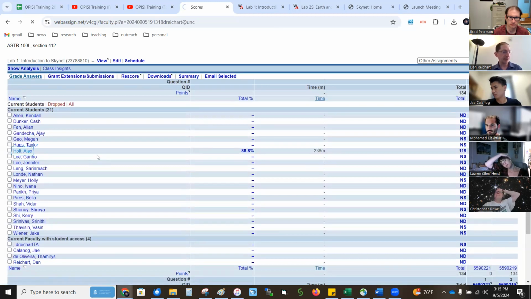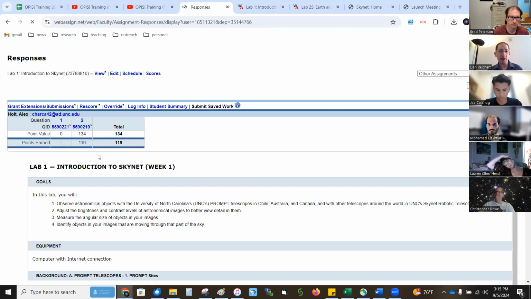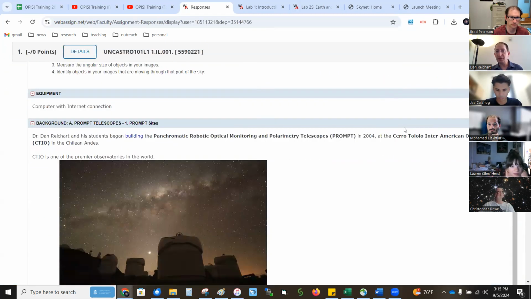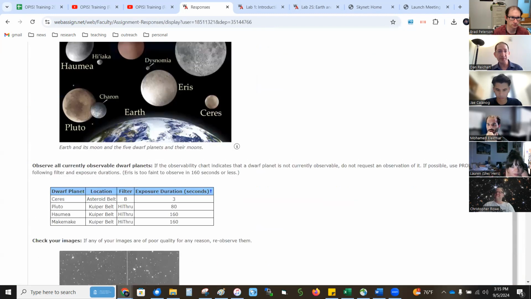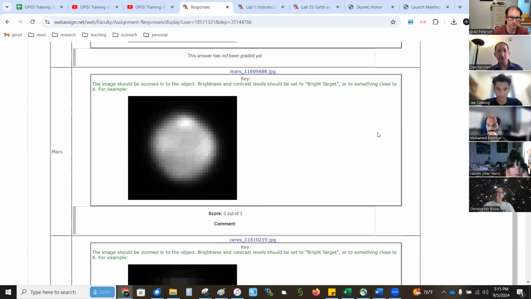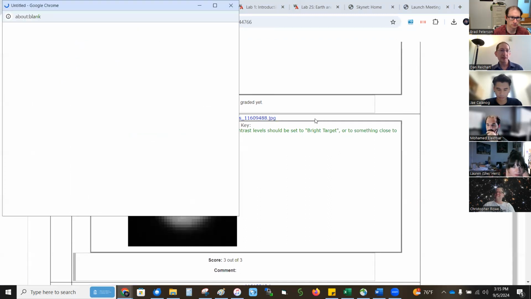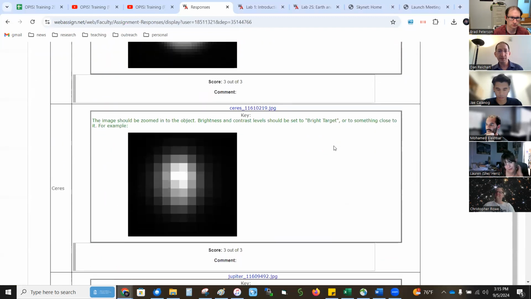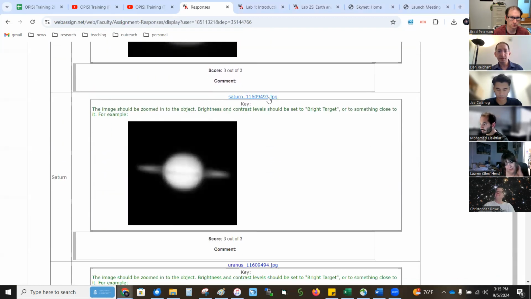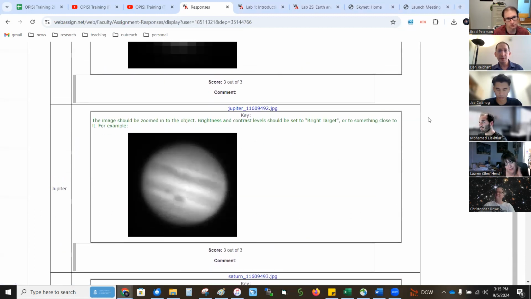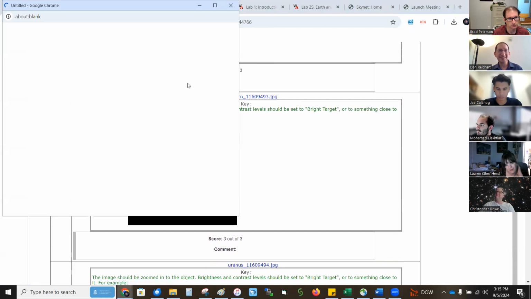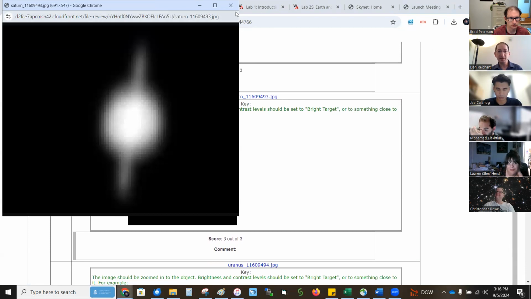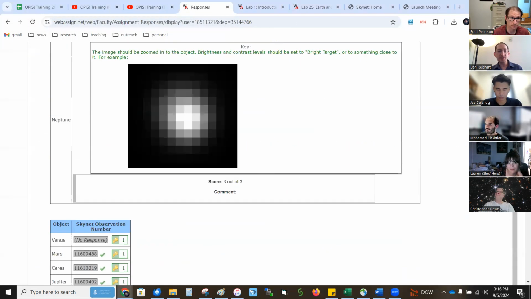Let's go to one of these. I wasn't planning on doing this stuff right now, but why not? And so you go in and you can see their individual submissions. For part 1 of Lab 1, it's all about submitting the observations. That's what we're going to do today. Down here in part 2, you can see the stuff they submitted. I'm absolutely shocked that students completed the lab before we've even met. Yeah, Mars isn't very pretty right now. I'm just curious about the student actually doing it all. Let's see how their Saturn image turned out. Yeah, okay. And you know, there are questions and things and measurements.